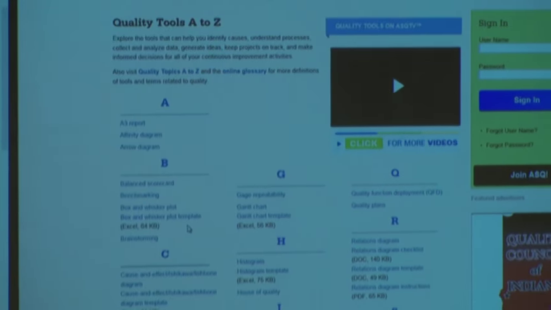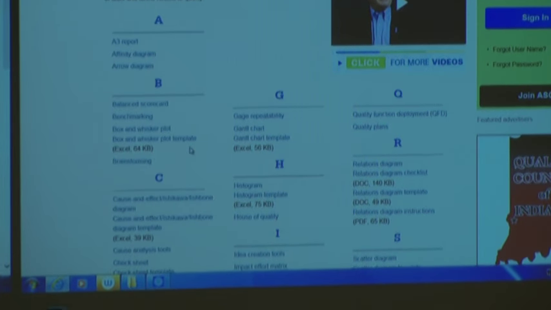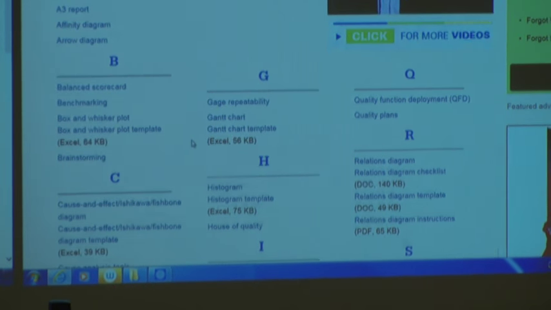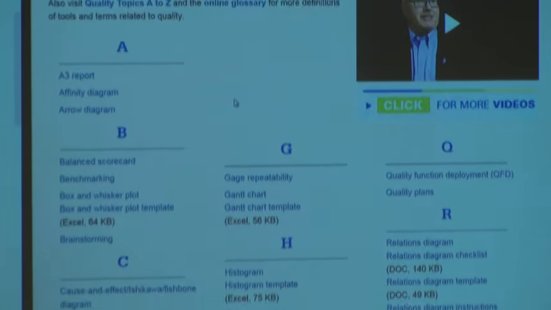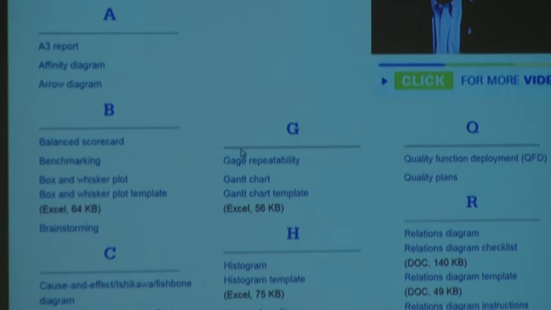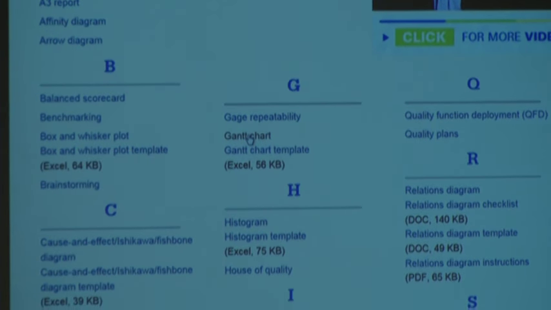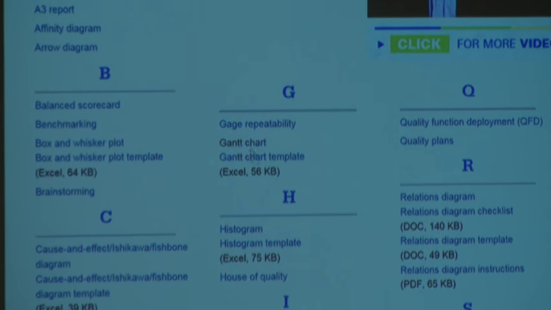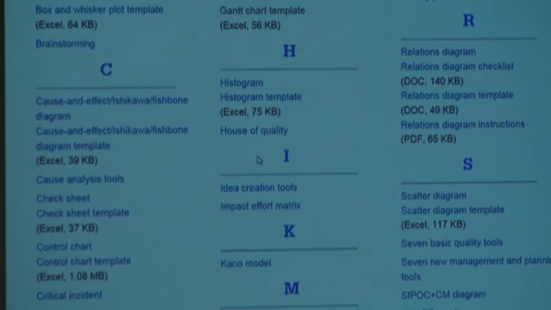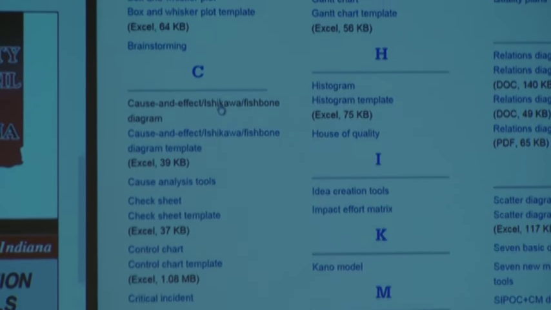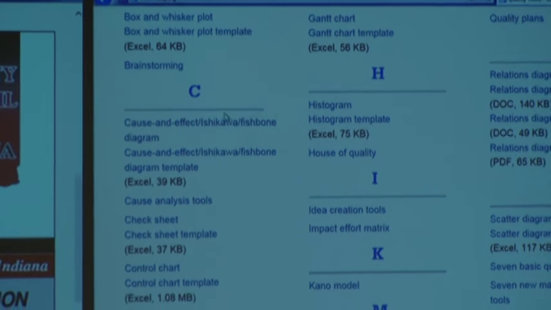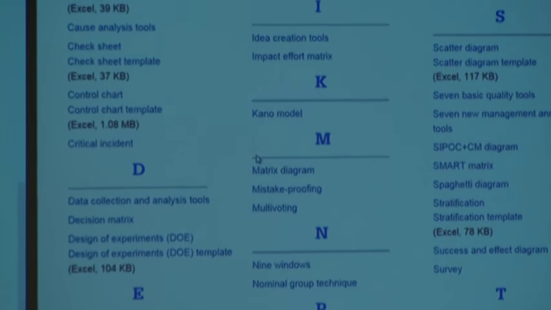Now, a lot of the things that we talk about, let me see if I can make this bigger for you. A lot of the things that we talk about here in EPICS have templates here that can help you. Most of you, or all of you, should recognize a Gantt chart. We can do a lot of things like a cause and effect Ishikawa fishbone diagram. Some of your teams will have done those. You can look at